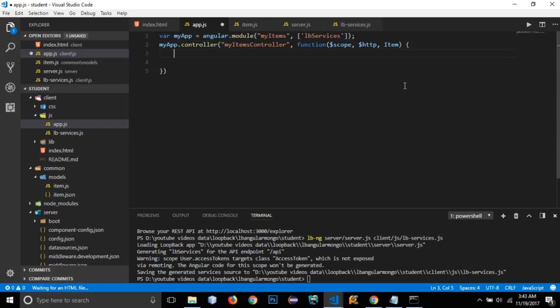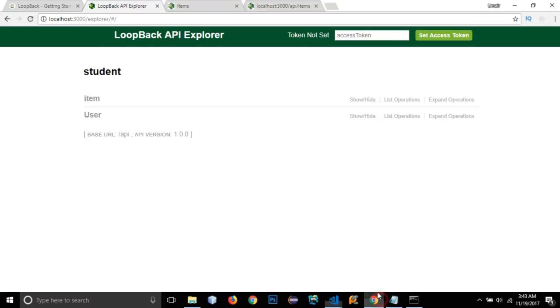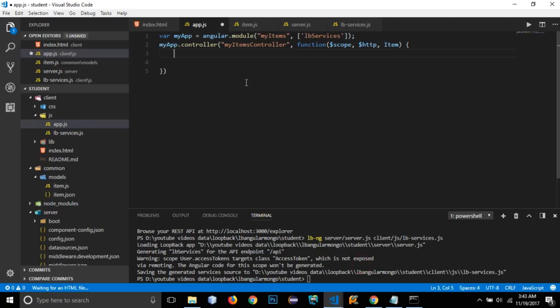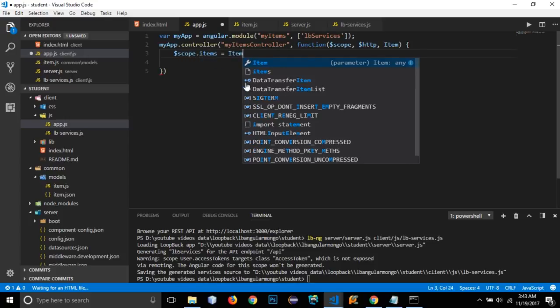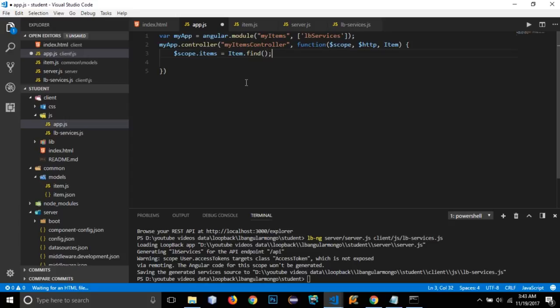So within this, let's print out all these items that are created within the item folder. Okay, so let me first create a variable $scope.items, and I'll use item.find, and this is a loopback provided function that will fetch all the data within this item model. And now I'll bind this items variable in my HTML to see whether our data is being fetched or not. Okay, so let's save this file,